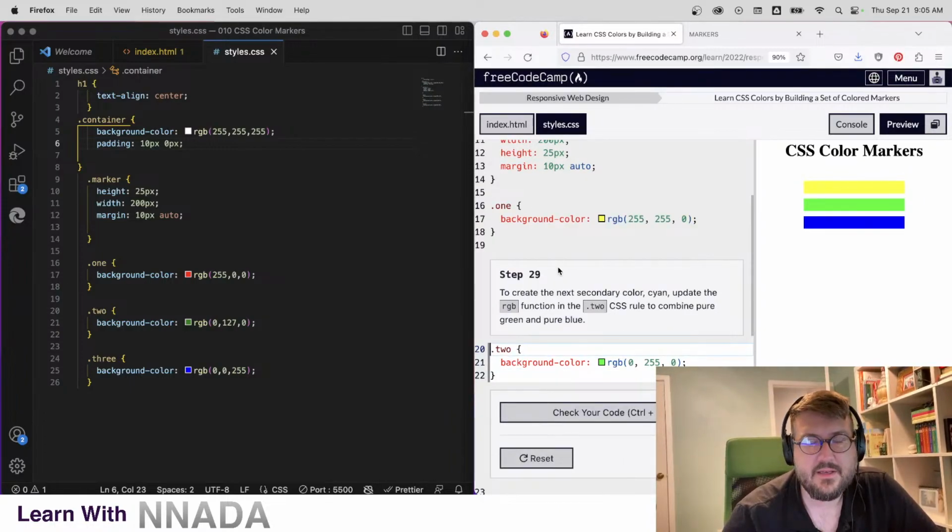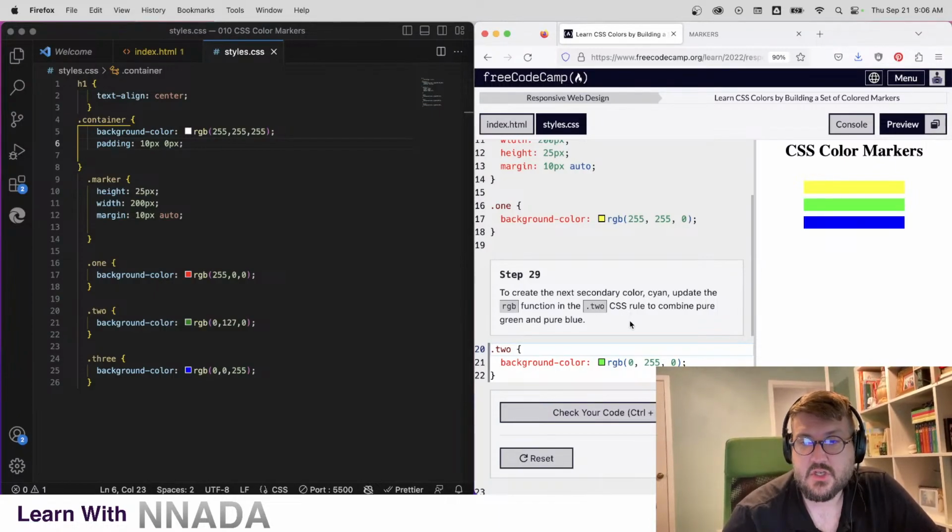I always thought the numbers were confusing and a little frustrating to have numbers. I mean, I get the idea. We have a bunch of values that we can set for a large set of different colors, but now I see even more usefulness. To create the secondary color, cyan,